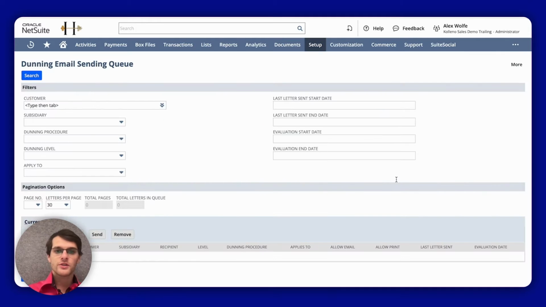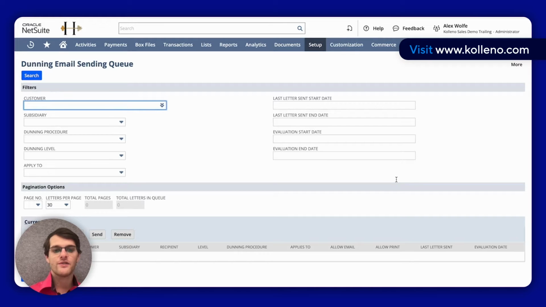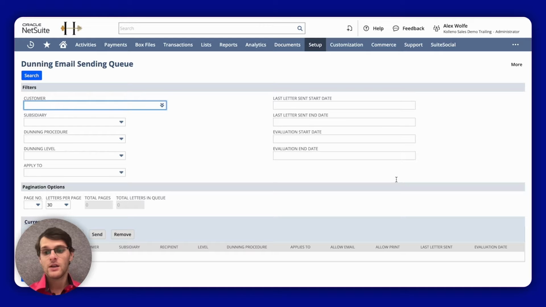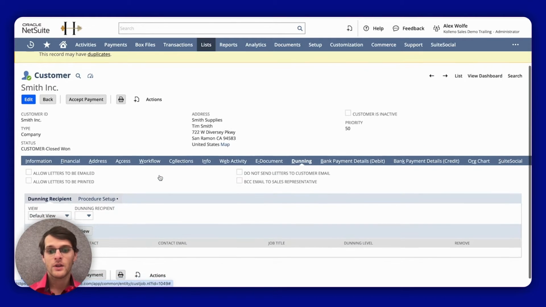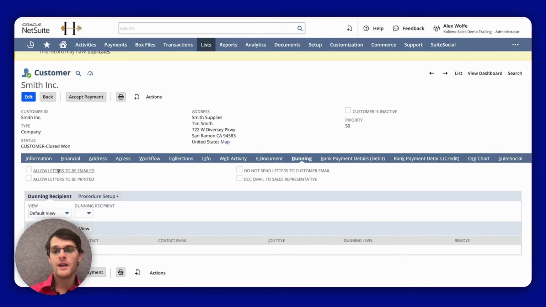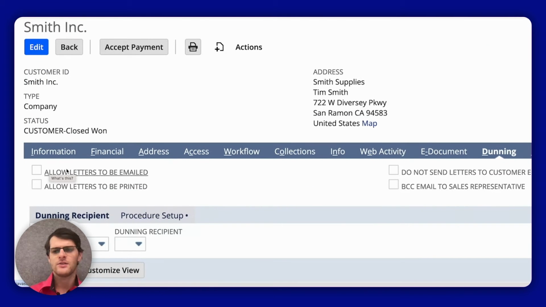Now what you need to understand is that when the Dunning evaluation runs, the Dunning letters that are ready for sending are shown in the Dunning email sending queue if the following conditions are met. So if it is a customer record like this one, you will need the allow letters to be emailed box checked. It's the same for invoice record and invoice group actually. The difference is for the invoice group, you will need also the allow Dunning letters to be emailed